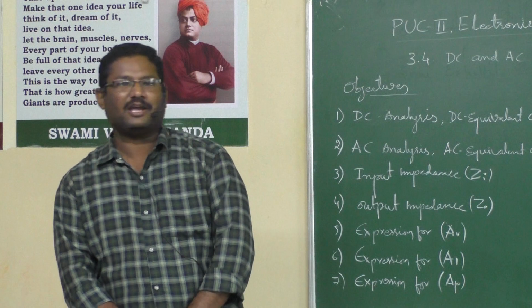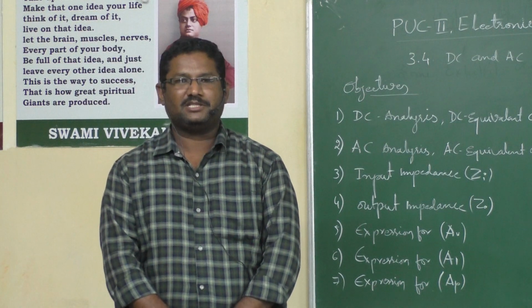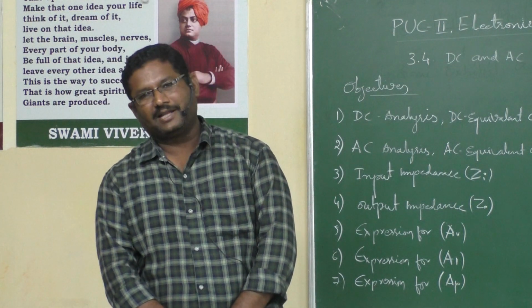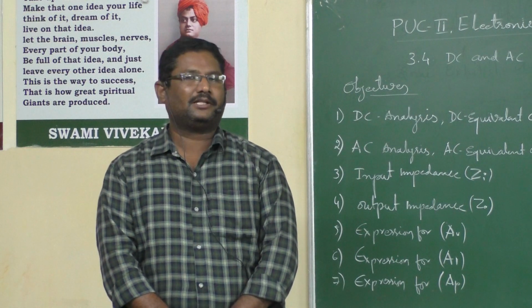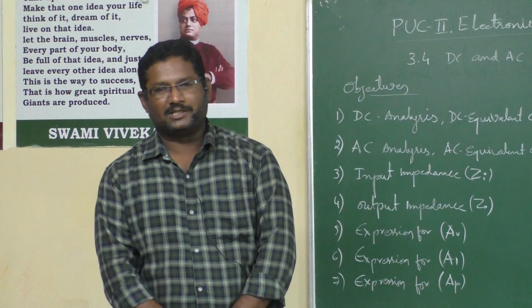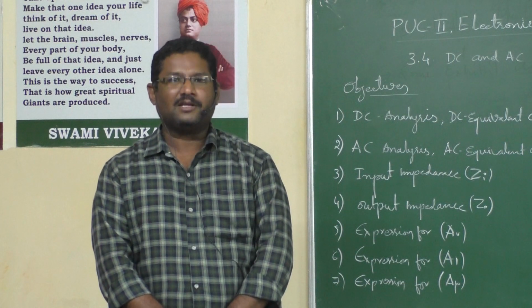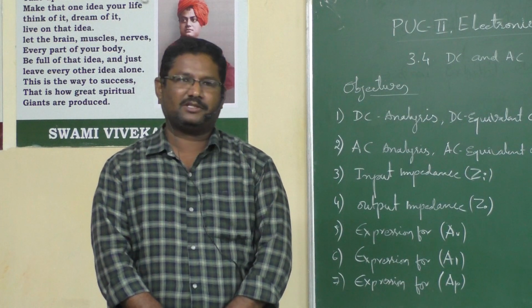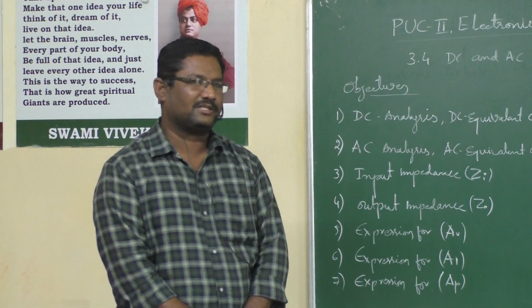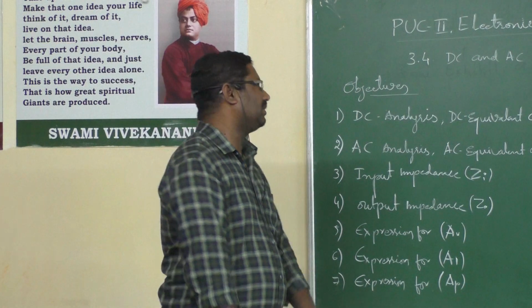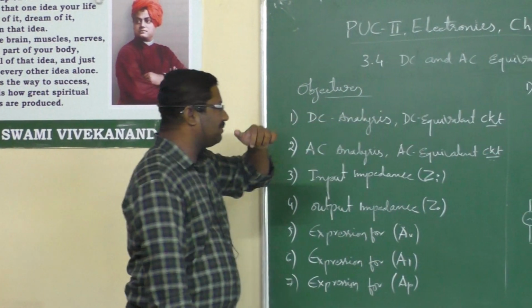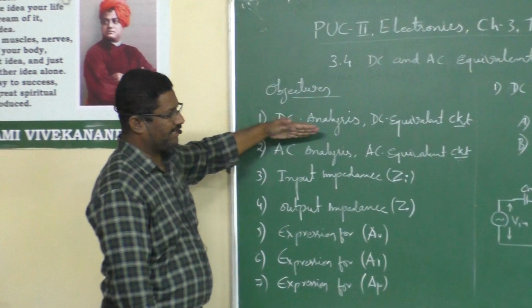In previous classes we have completed the CE, CB, CC configurations, and after that we have studied the FET and its input and output characteristics, how exactly the FET works, and what the phase shift is. All those things we learned in sessions number 5, 6, 7. And today in this session we will learn about the transistor amplifier. This is chapter number 3, that is DC analysis.